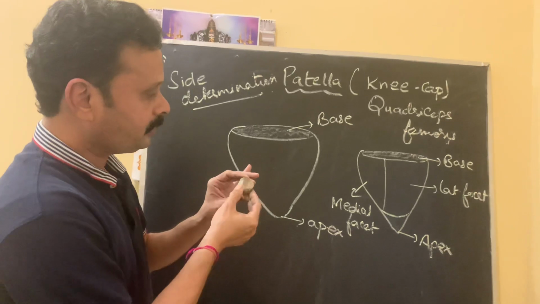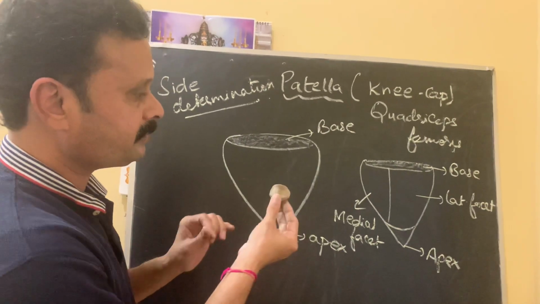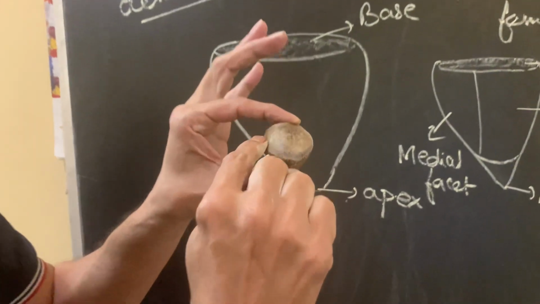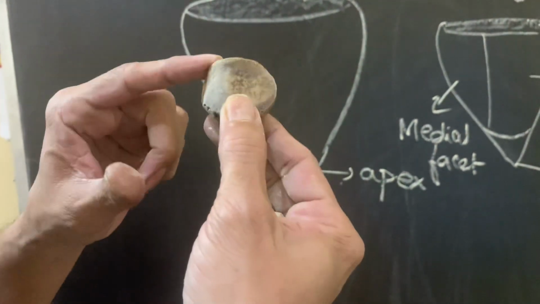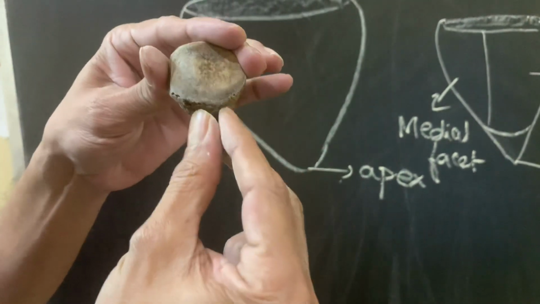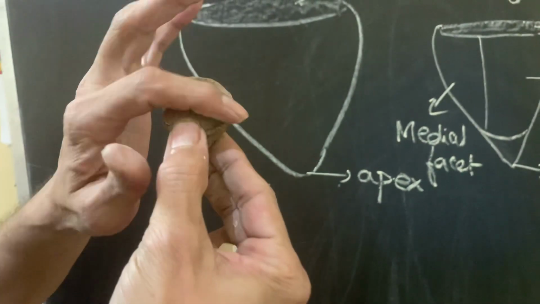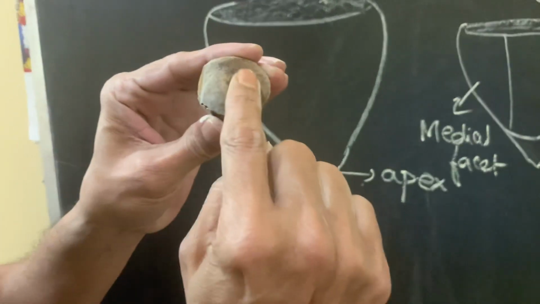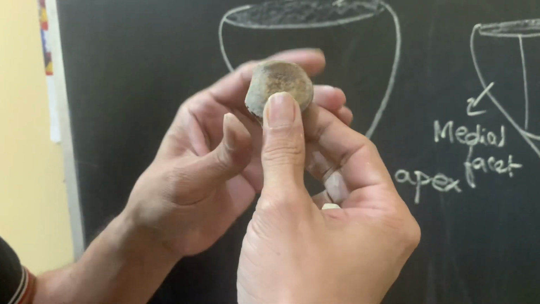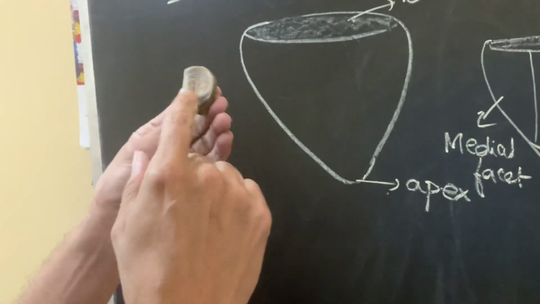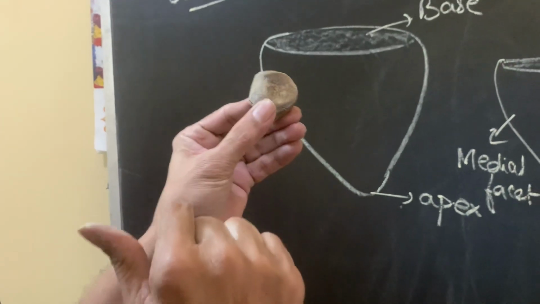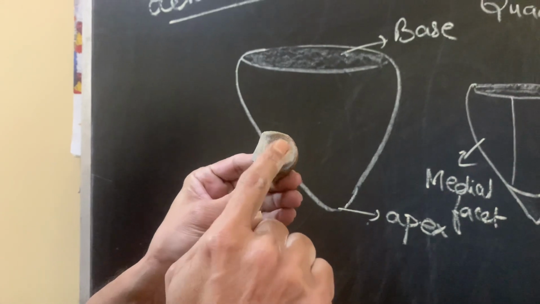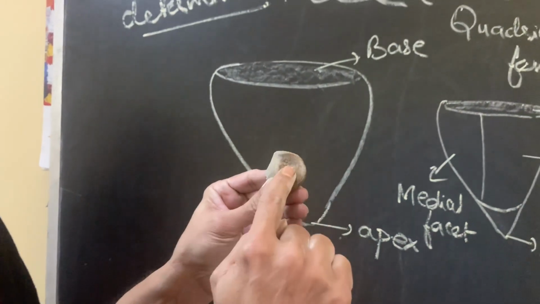Okay. So keeping these points into consideration, now I can say that this bone belongs to the right side because this facet is larger and this facet is smaller. And this is the base which is above, and this is the apex which is below, and this is a posterior surface having two facets, a larger facet and a smaller facet. This larger facet should be lateral. If I place it on the wrong side, thinking this as the left one, this larger facet is becoming medial, which is wrong. The larger facet has to be lateral.